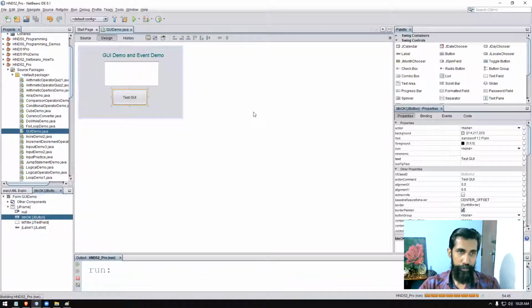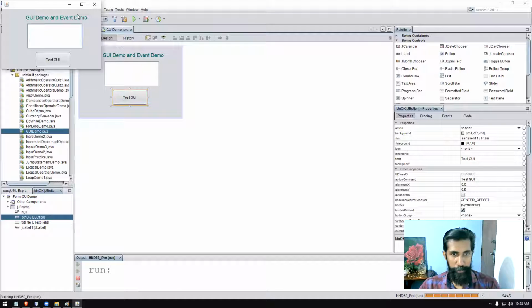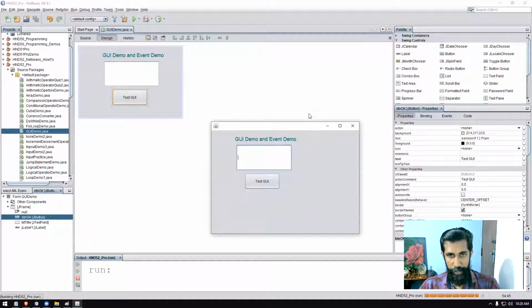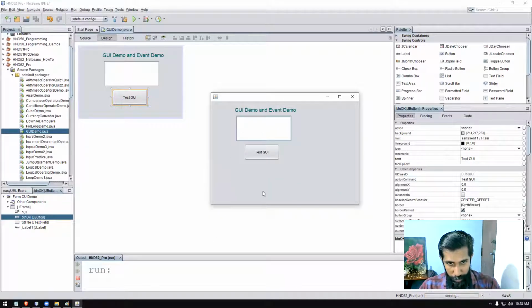Shift F6. The interface is here. The mouse pointer is coming. All these areas, nothing happening. If the mouse pointer comes over the button, see what's going to happen. See, I'm going to take it over that. Once the mouse pointer is over the button, the color of the text field is changing. But when it is going out, I haven't coded it, so it's staying green, right?